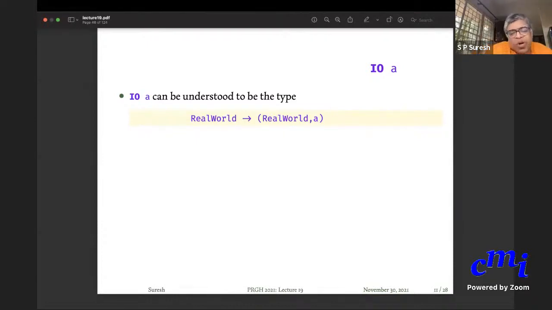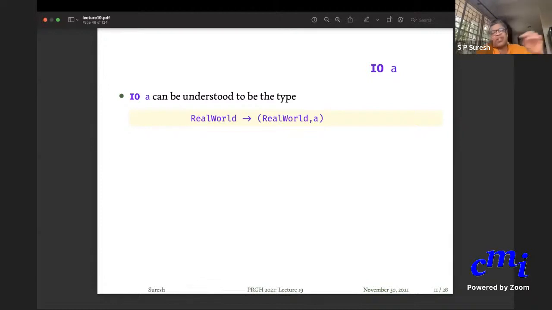In the case of putStr, what is the new version of the real world? The real world includes whatever has been output on screen. So in the case of putStr, the new real world is the same as the old real world, except that the screen output will have one more line added to it. Is that fine?